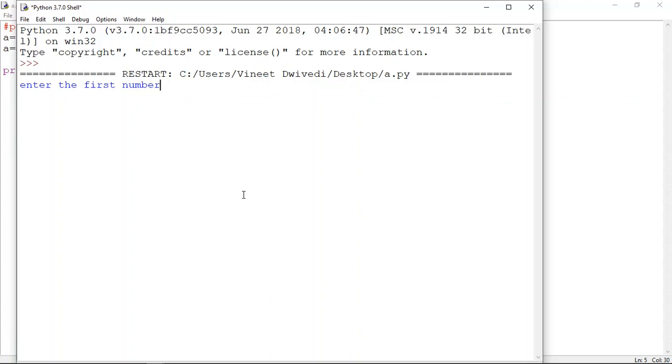See, it is asking for the first number. Let's input the first number. You can directly enter the number, because here we have only a single number, so you don't have to write first number, directly write the number whose square you want. Suppose you want the square of 4, so you have inputted the number as 4. Now let's see the output here. Square of number is 16, okay. So this is the way in which you can create some codes in a Python program, in script mode.